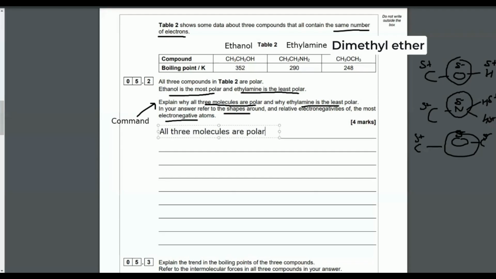I don't get a mark for saying that because that was actually in the question. So you might say to yourself, this is a bit of a stupid thing to type. So all 3 molecules are polar. What do we want to say? So I want to say